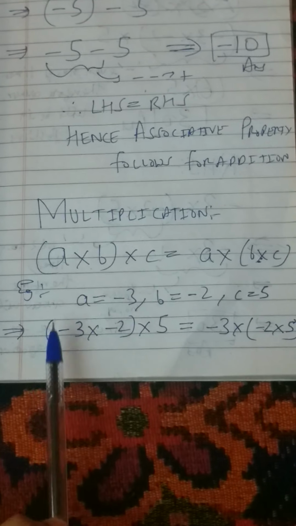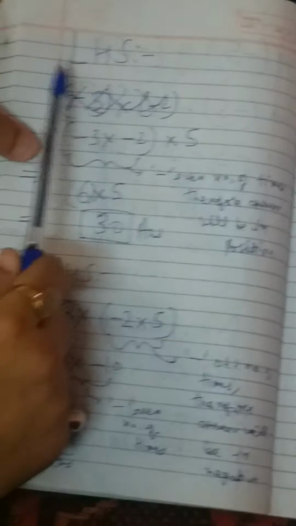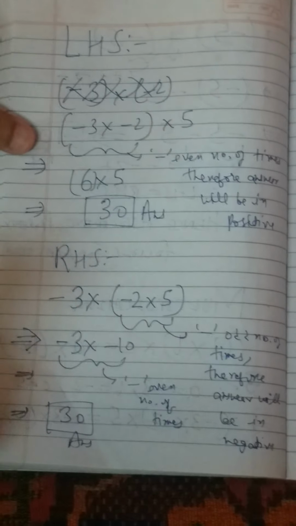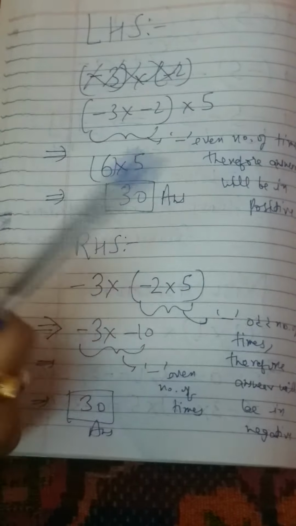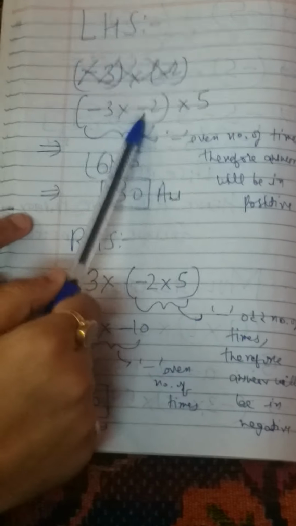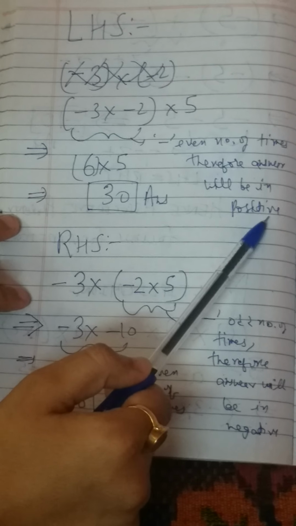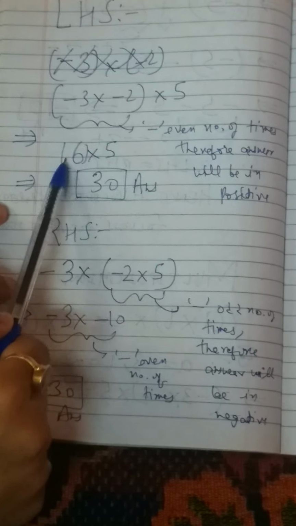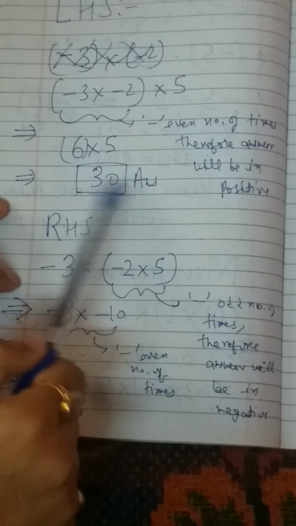So first we will solve LHS, that is the left hand side. LHS states minus 3 into minus 2 into 5. As I told you previously, we solve the bracket first. So this part we will solve. As we have studied about multiplication of integers in our previous videos, minus is coming 2 number of times. 2 is even, therefore our answer will be positive. So 3 into 2 is 6 and our answer will be positive. So plus or nothing means the one and same thing. So 6 into 5 would be 30. Okay. The 30 becomes the answer.